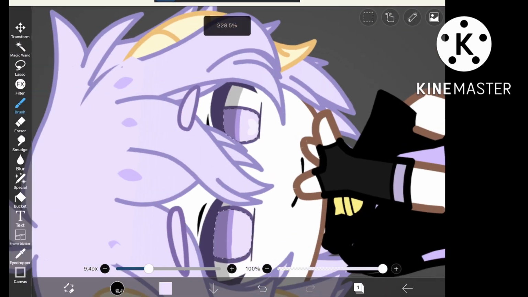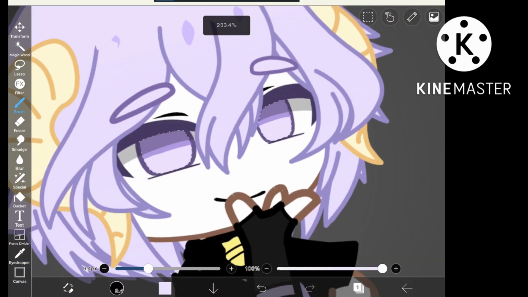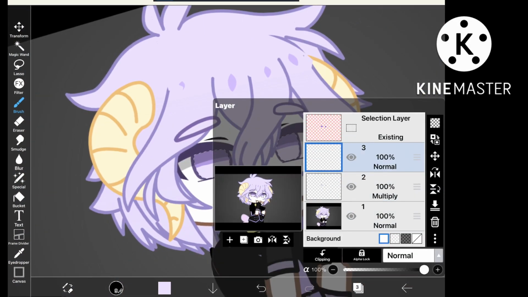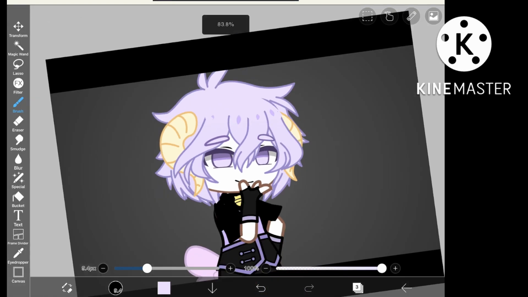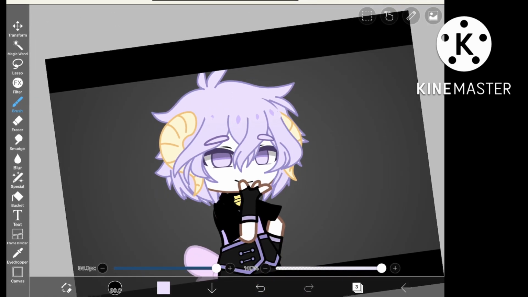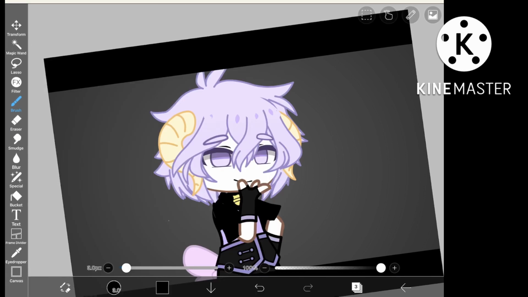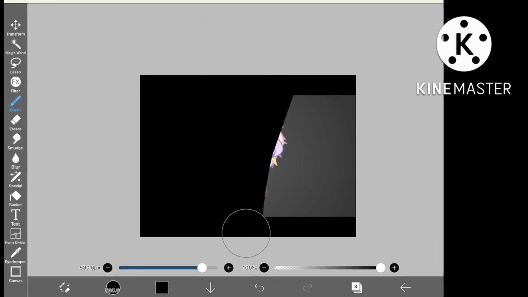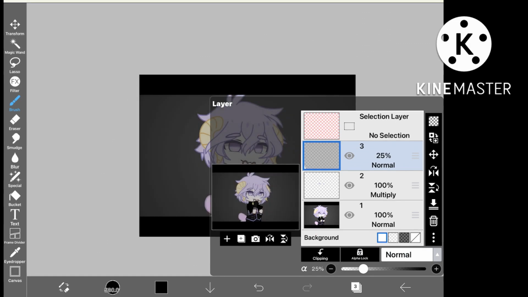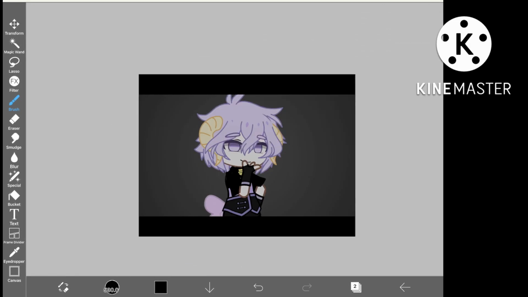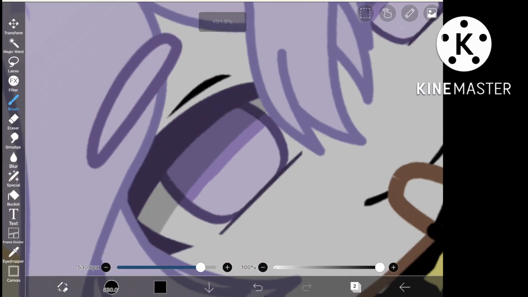Yeah, so then just fix up the little things. If you're using one of the eyes with the light things at the bottom, then you can get rid of it. And I made one of these dark layers because I always have a habit of making glowy things. So you just make a layer and you slide the opacity down a little bit,